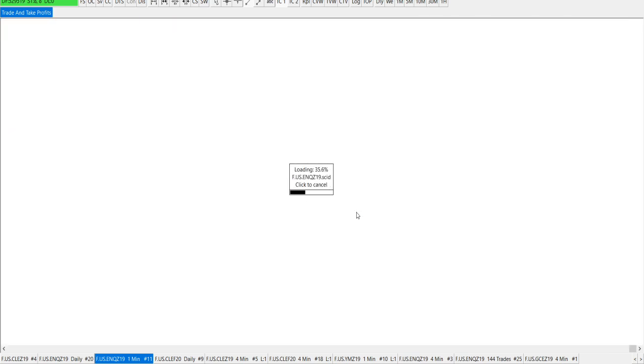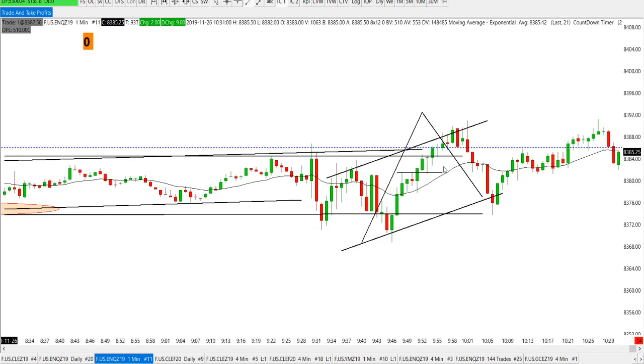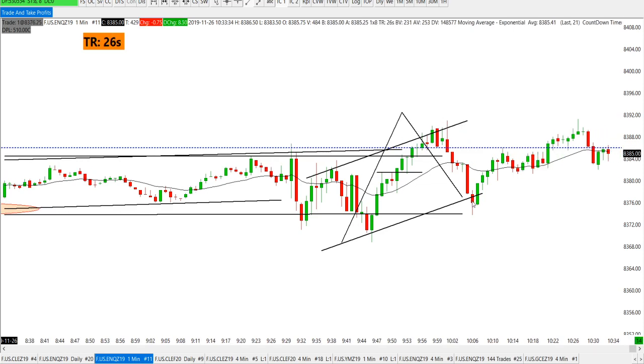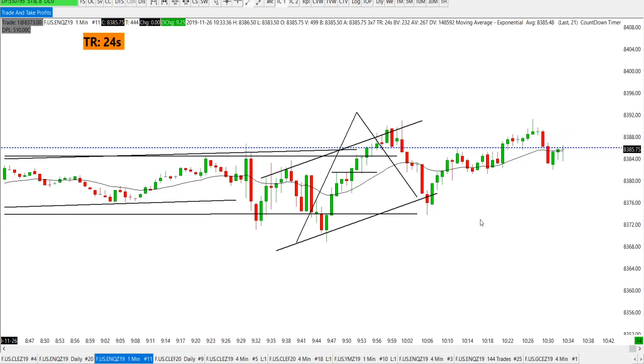Let's go to the 1 minute chart. We didn't make any lower lows, so the buyers are still in control. But I can guarantee you, because I used to do this, a lot of rookies thought, oh man, we're going to keep going down, because I used to do the same thing.